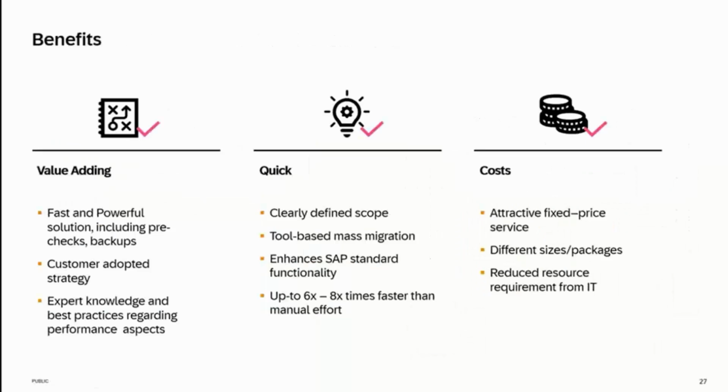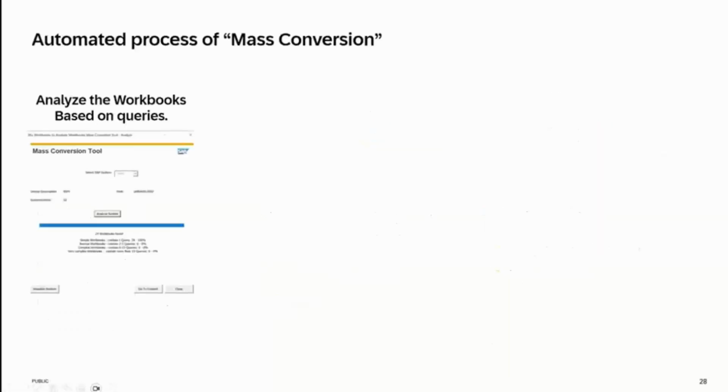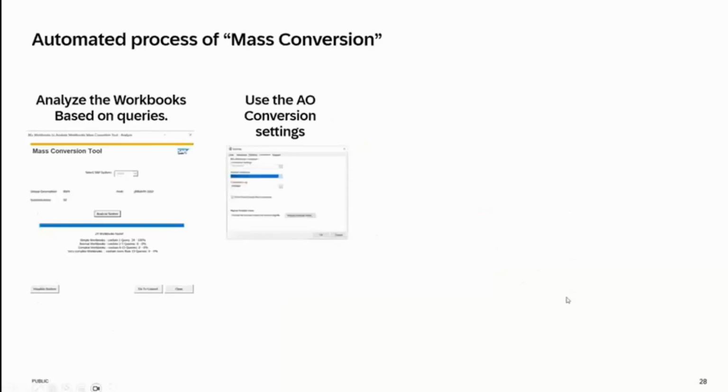The tool does provide some additional capability beyond just the conversion. First off, this analysis will help take a look at what conversion settings are supported and which aren't, just the standard out of the box stuff that's already there in the manual conversion tool. And that's sort of a binary condition. Either the workbook will convert or won't convert. And when it does convert, it will tell you which elements of BEx are or are not supported in that